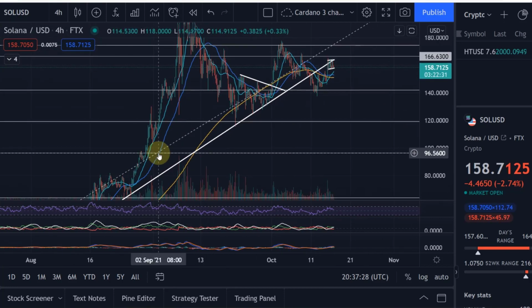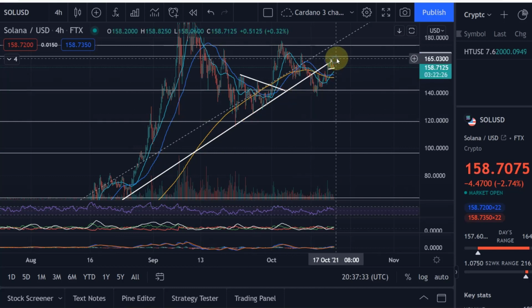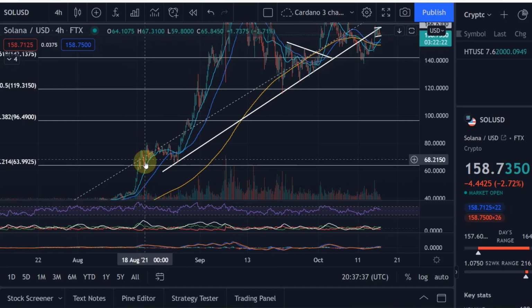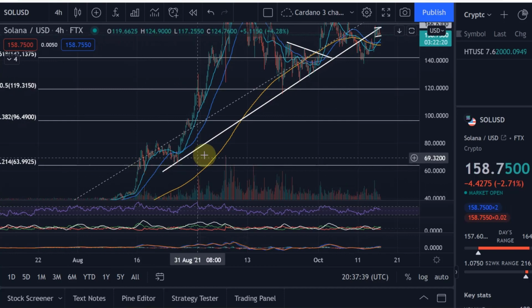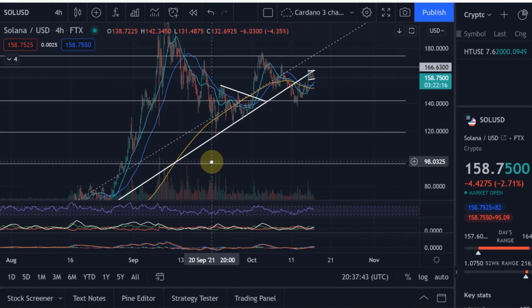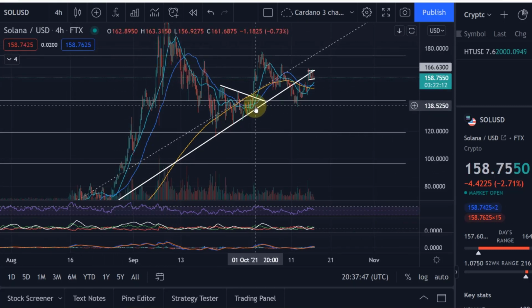Here we can see that we can still adhere to this ascending trend line. However, this trend line has been in place for a while now, actually since August, I think since the middle of August. And again, we've seen a similar trend line on many other crypto charts as well. However, at the end of September, we had this triangle forming here and we had a breakout,